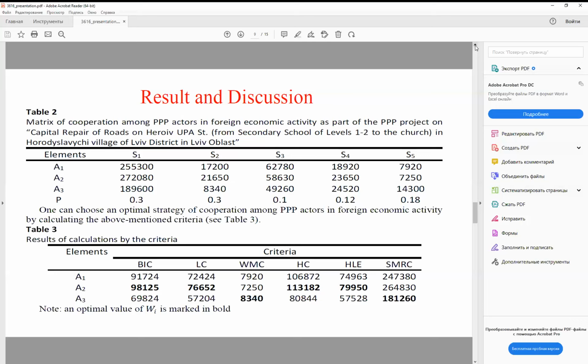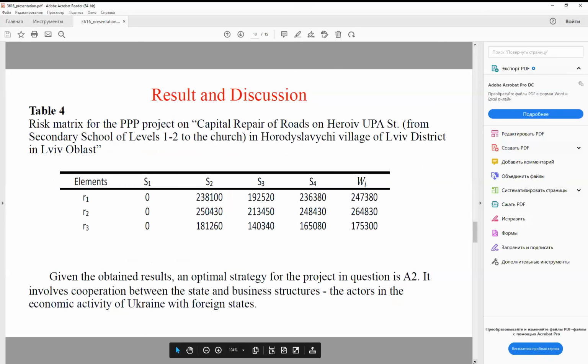Next is table 4. To calculate the SMRC criteria, it was necessary to create a risk matrix for the PPP project on capital repair of a route on Heroi Upa Street in Hordoslavlchi village. It's table 4, a risk matrix for PPP projects. And after that, given the obtained result,